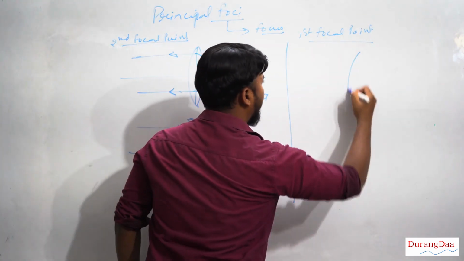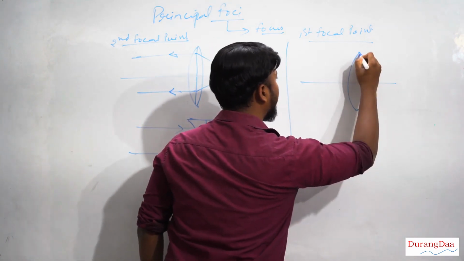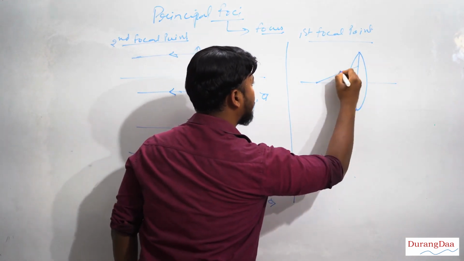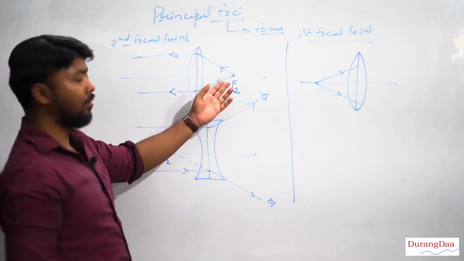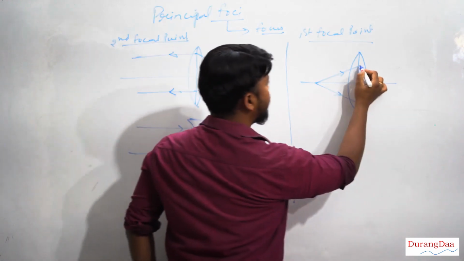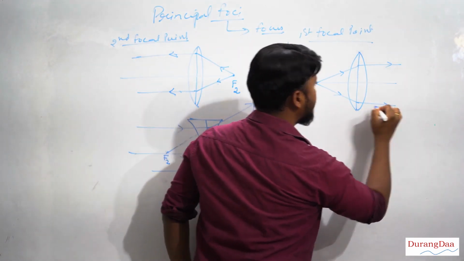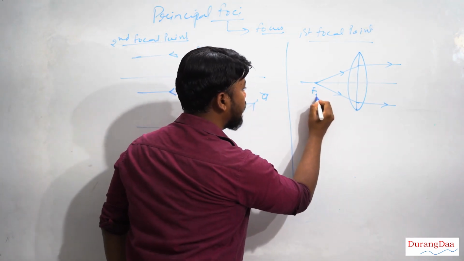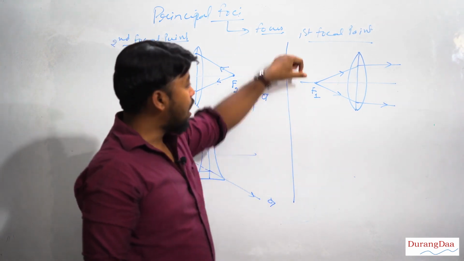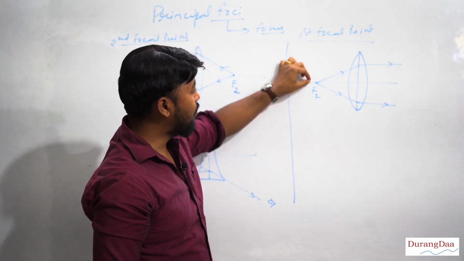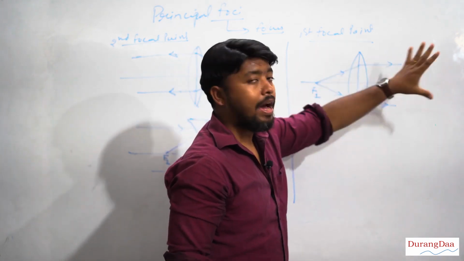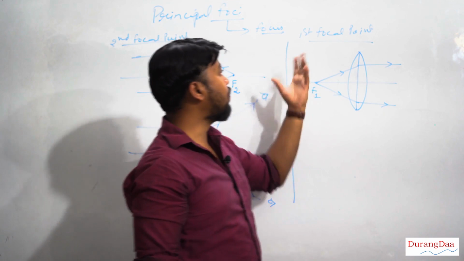So again, if I draw a convex lens, but this time suppose a light ray is originating from this point like this. Similar, the only difference is I have drawn the figure from the left hand side. According to this figure, after refraction the rays should become parallel to the principal axis. This point over here is your first focal point. If you want to define it, the first focal point is a point on the principal axis such that if a ray of light originates from here, after refraction through the lens, it becomes parallel to the principal axis. That is the definition of the first focal point.